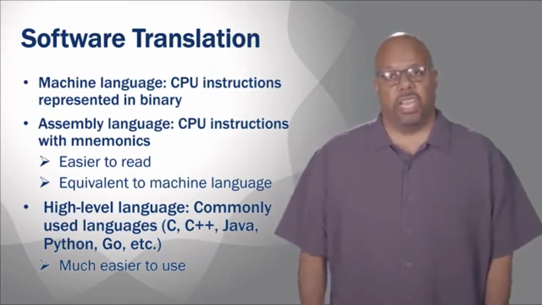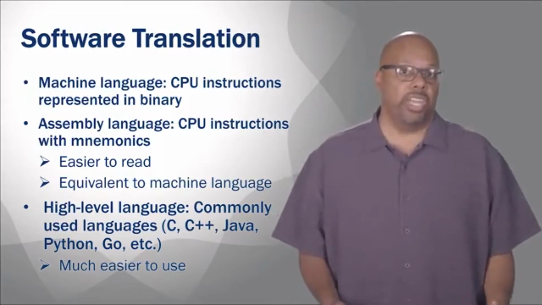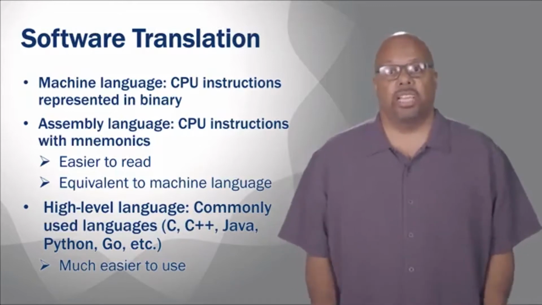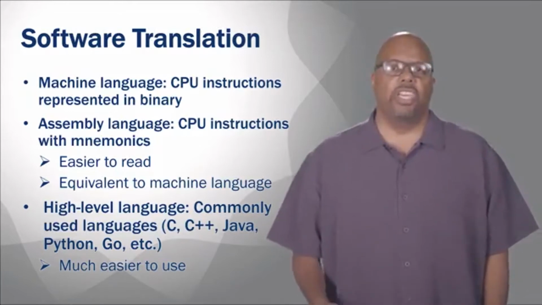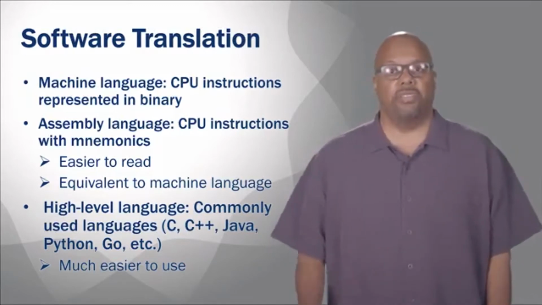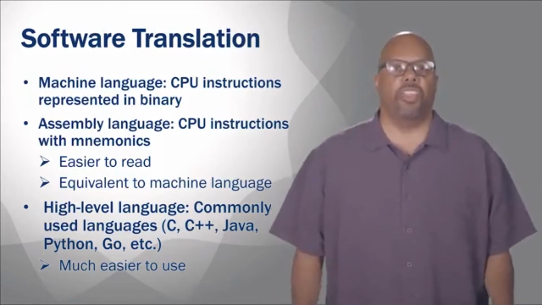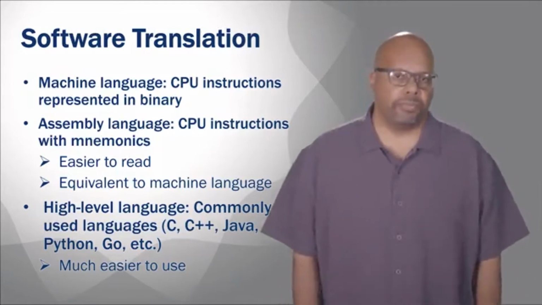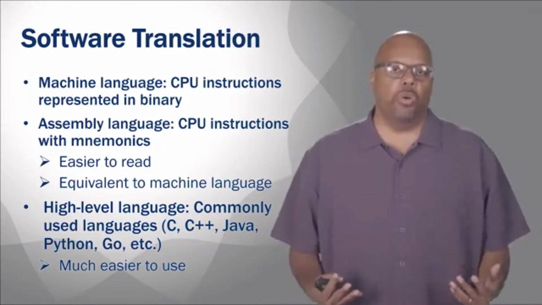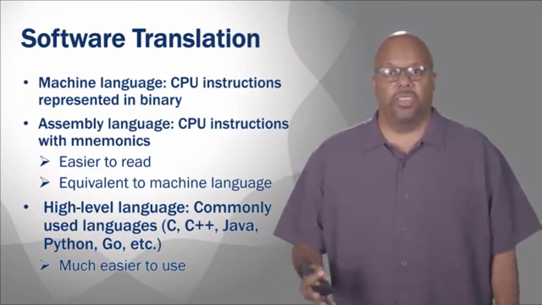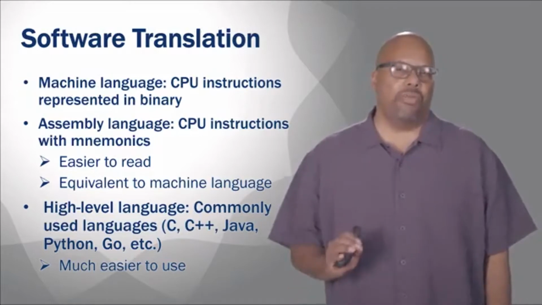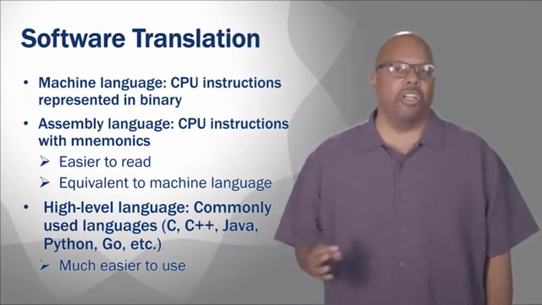If statements. Now, assembly language and machine language have conditional branches and so on, but these are generally much harder to use than your standard if statement that you would see in any normal high-level language, or loops, or for loops, things like this. You can create these things in assembly and machine language, but they are harder to write than they would be in a high-level language. So high-level languages are basically everything that most people program in. So you can imagine these different categories. Now, the languages that we're talking about, Go is, of course, a high-level language. In these three categories, it would be considered high-level. Remember that the term high-level is subjective, okay? But I'll call it high-level.